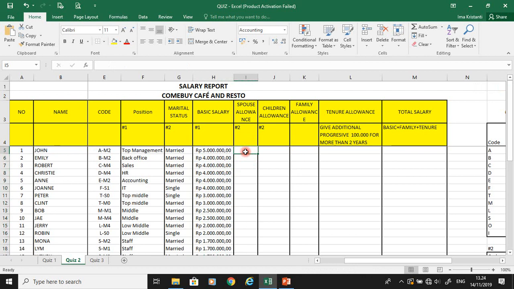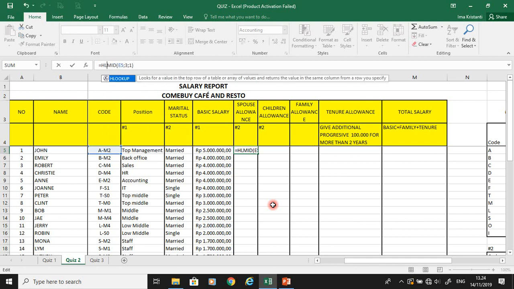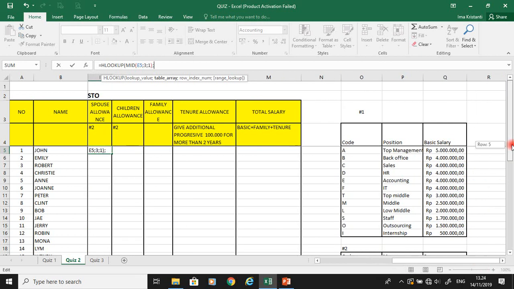Right, now we are going to put spouse allowance. If this employee is married, then we will give another 1,800,000. Right, so first we need to transfer the code, the marital status first. Again, like before. Yes, and since the data is horizontal, we put its lookup almost exactly the same as we did before for marital status. And then comma, plug in our table array,